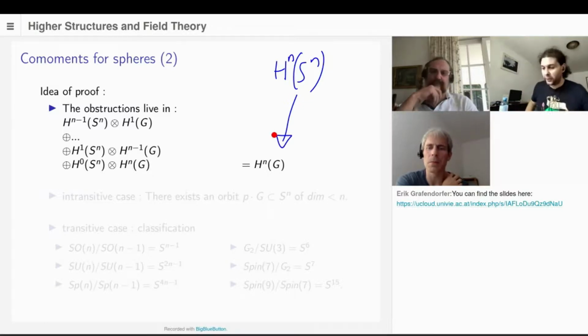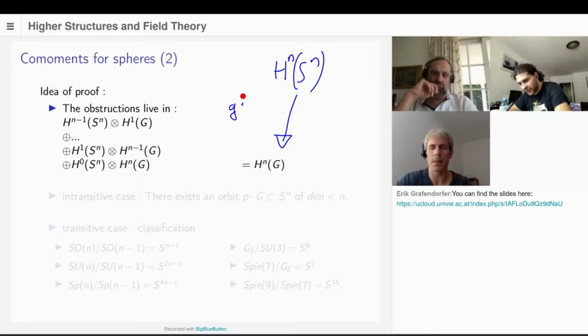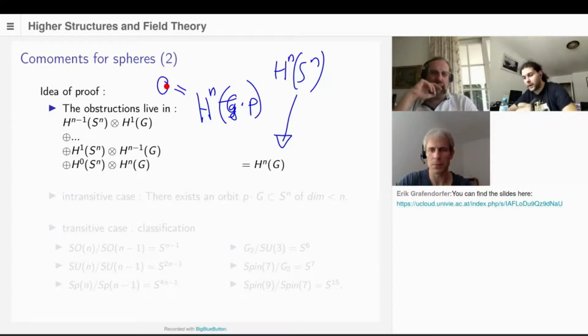And now we imagine the situation where the action is not transitive. So we would find an orbit, so the group times some point on the sphere, which is of lower dimension than n. So its H^n would be 0. Then, as the pullback map factors through that orbit,